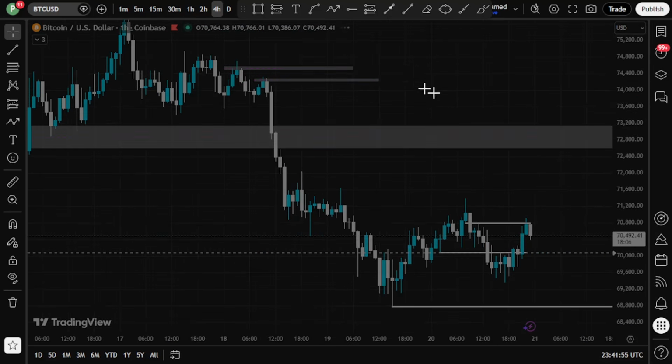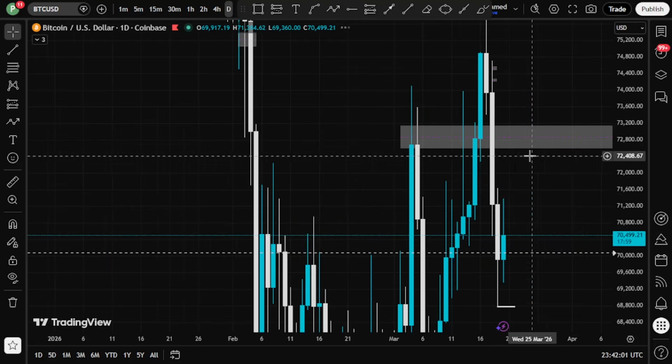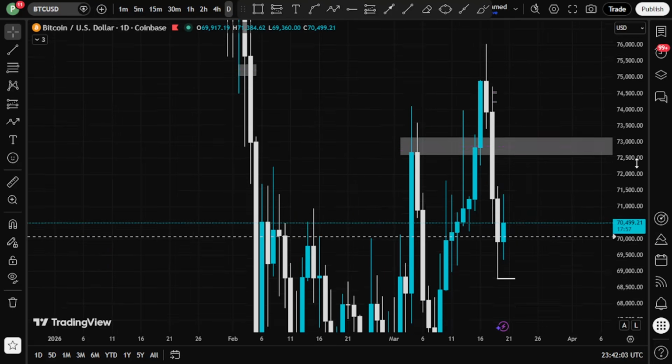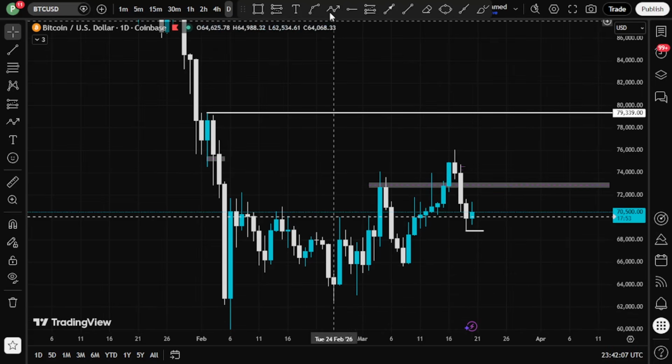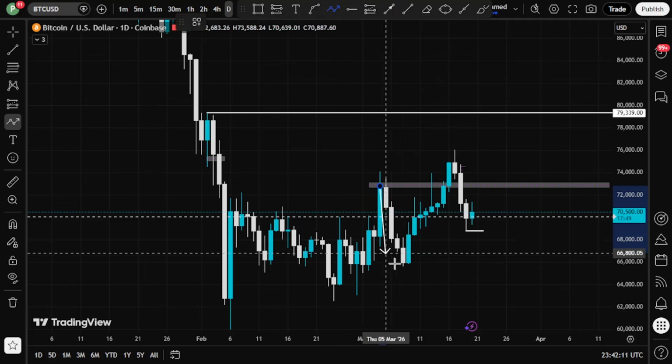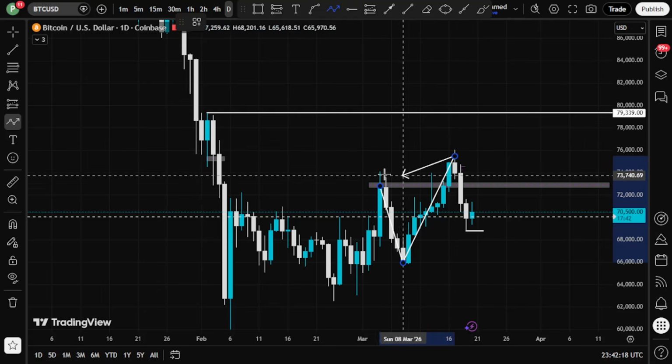When we come to the 4-hour time frame like this, or let's just go to the daily time frame. So when we come to the daily time frame, we can see that BTC has made this sort of indication right here, and then what you would do is that whenever price makes